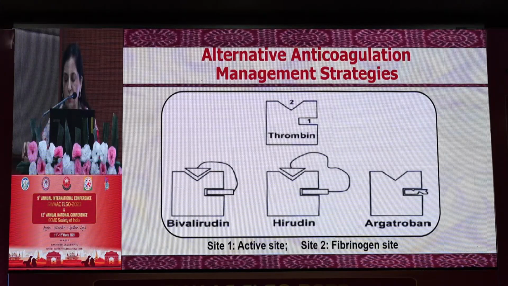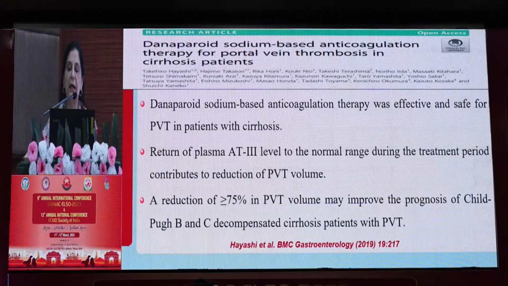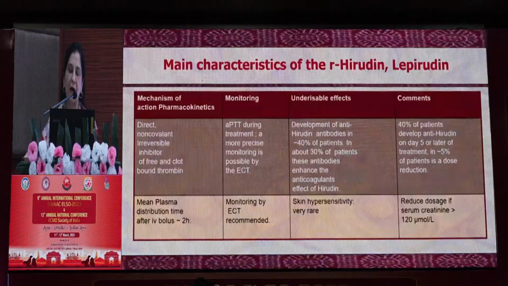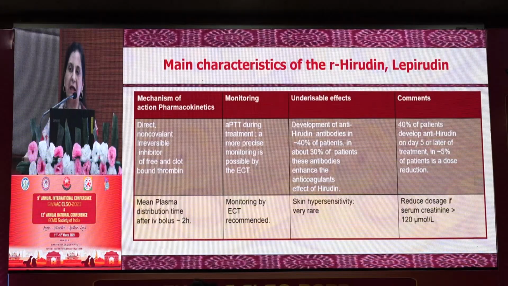However, argatroban, being a group 2B3A inhibitor and a direct thrombin inhibitor, binds only to the active or the free site of thrombin and not to the fibrinogen site. Therefore, with a very short half-life, it is very short acting, with a short duration, and less potent than bivalirudin as a heparin alternative during ECMO, used more in the cath lab for short procedures. Now, when I go on to the hirudin and lepirudin